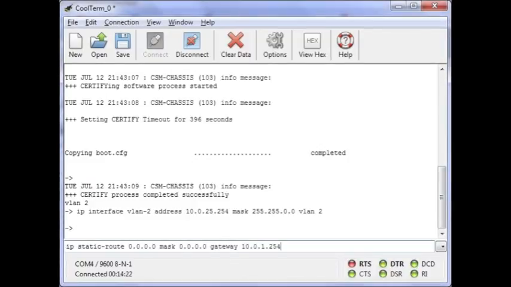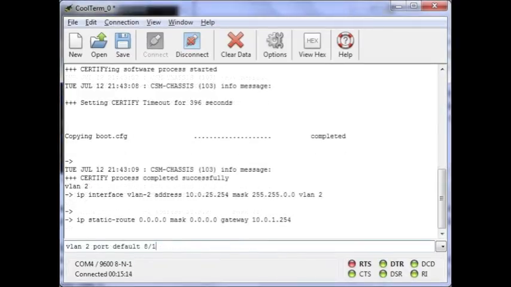Following that, we want to make sure that all of our traffic that is not going to our internal network routes through that, and so we set up IP static-route 0.0.0.0 and mask 0.0.0.0 to go to gateway 10.0.1.254, which is our next switch. Once we have the IP address configured for VLAN 2, we want to set a specific port